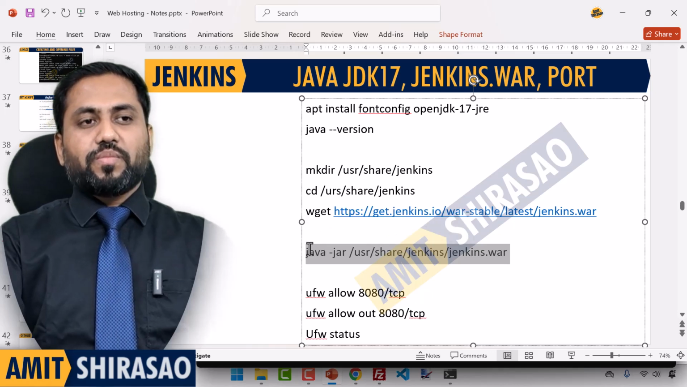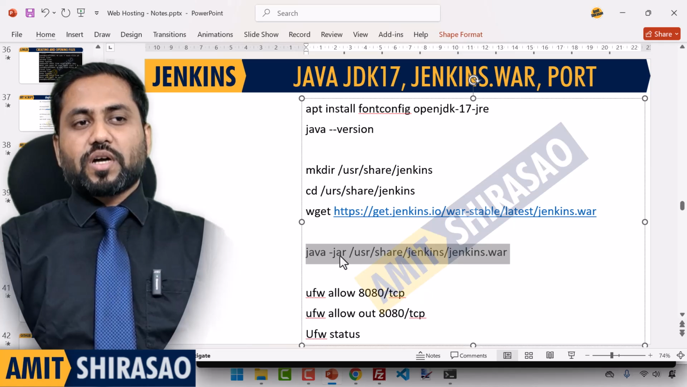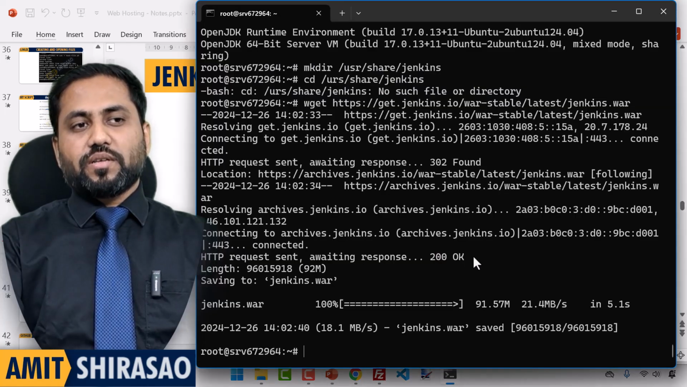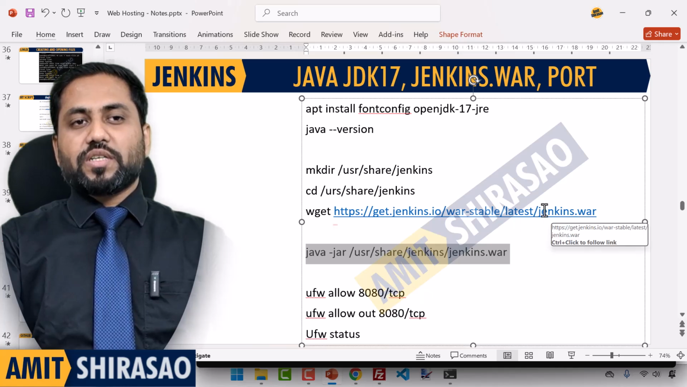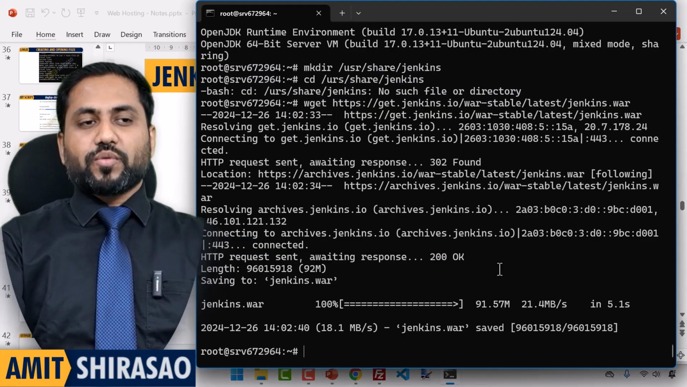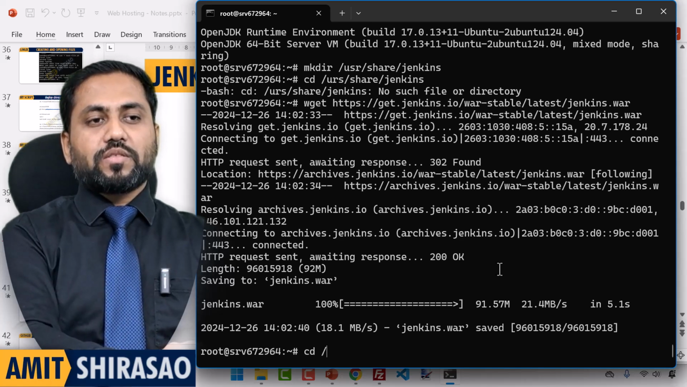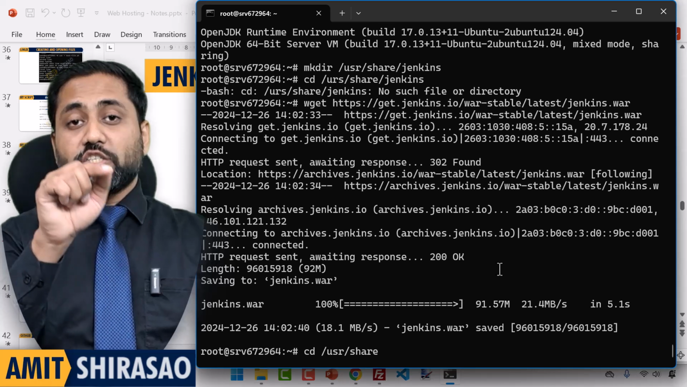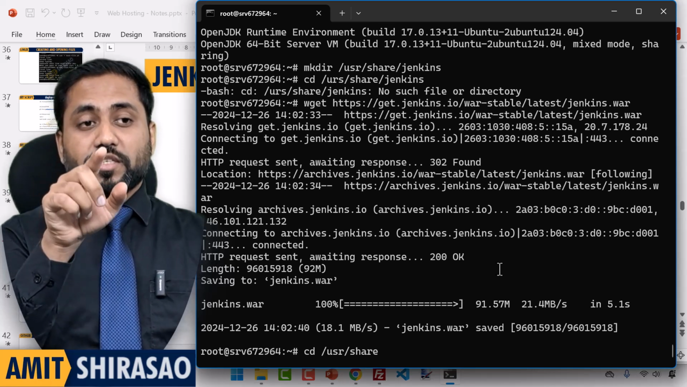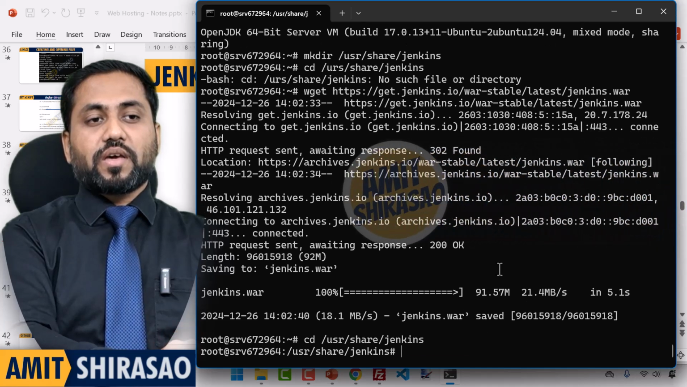Okay, here you copy. This is how you run a Jenkins file. So java -jar and then the Jenkins file. So where have we downloaded it? Inside the Jenkins folder, we have downloaded this file, jenkins.war. If you want to check that, maybe I can show that to you. cd /usr/share, it is share, not shared. It is share. And then Jenkins, and here,